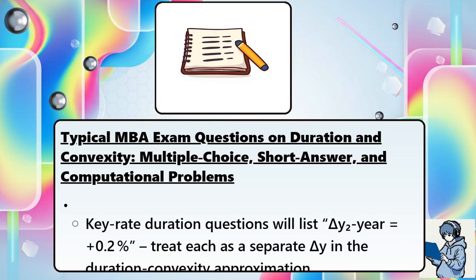Key rate duration questions will list delta y 2-year equals plus 0.2%. Treat each as a separate